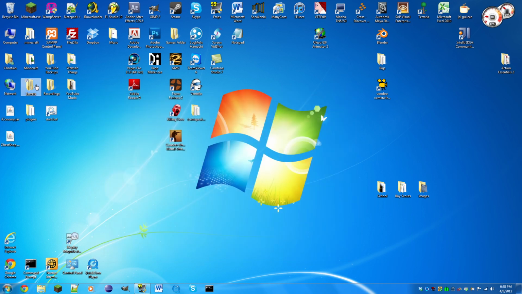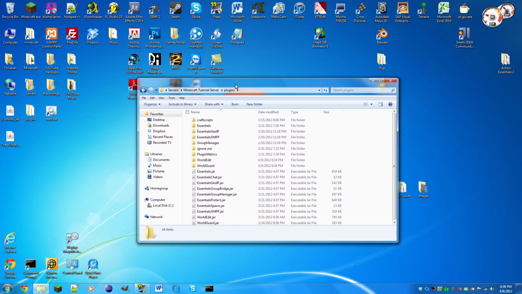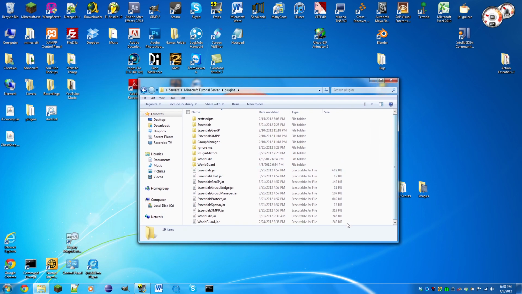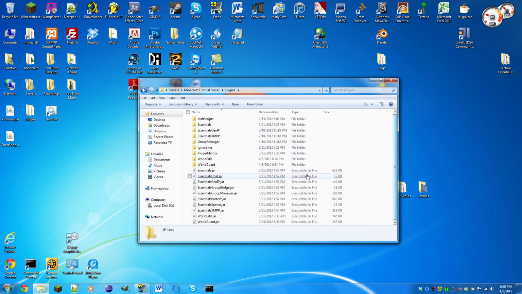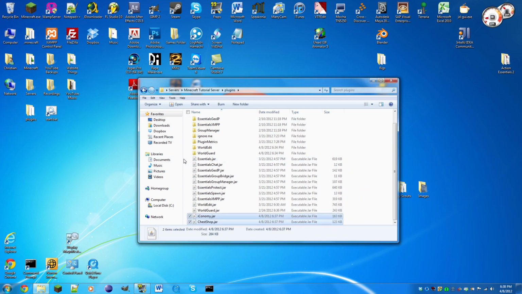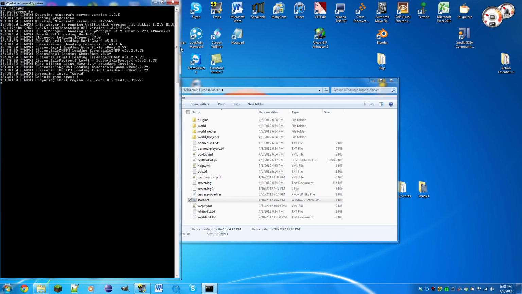Now we need to go into our server folder, and go into the plugins directory. I do have a lot of plugins here because this is my tutorial server. So if you want to see how you install Essentials, WorldEdit, and WorldGuard, I recommend checking out some of my previous tutorials. I'll include links at the very bottom of the description. So just going to drag both of these files here,